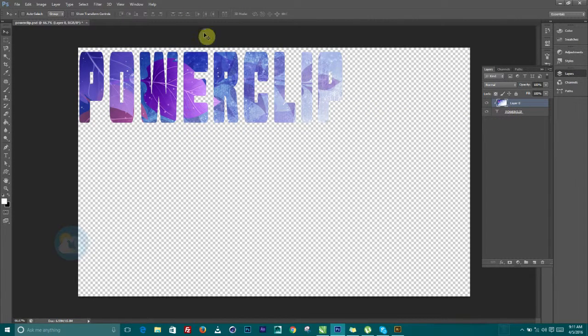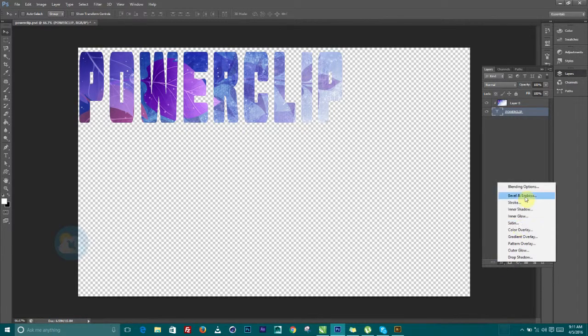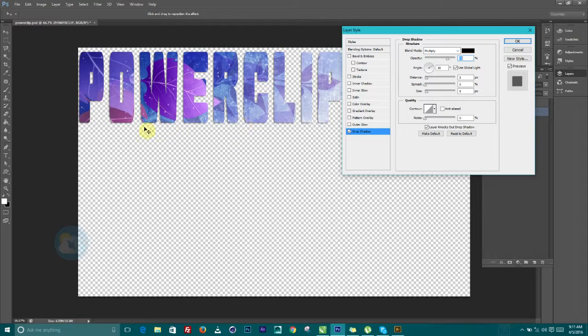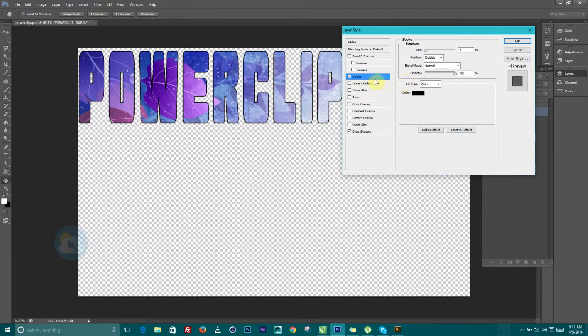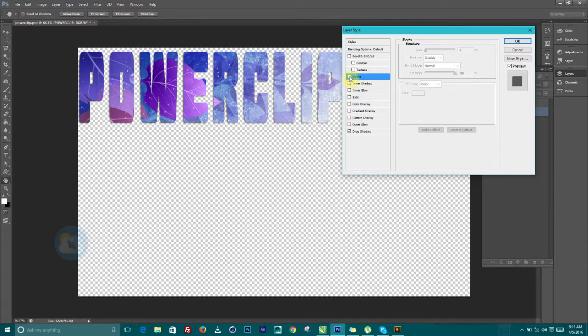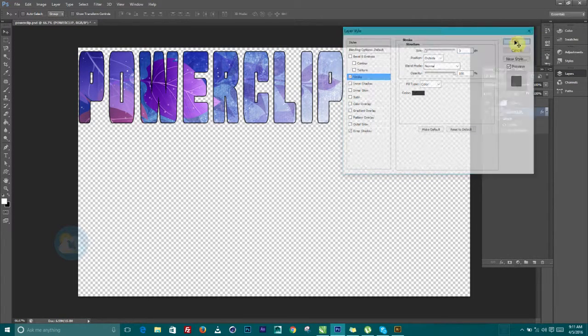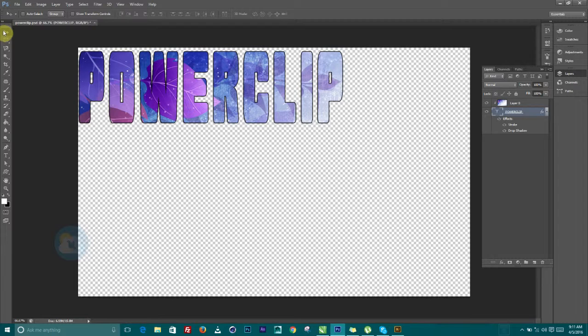So this is how you can create your own power clip inside of Photoshop to use it to do whatever you want to do, and the whole thing will work out well for you. Then you can also give it a stroke by selecting the text itself and coming over to this place. Maybe you can add drop shadow to it, or maybe add stroke to it. Whatever you want to do, you can do all that. So let's just add stroke and drop shadow to it to make it pop.